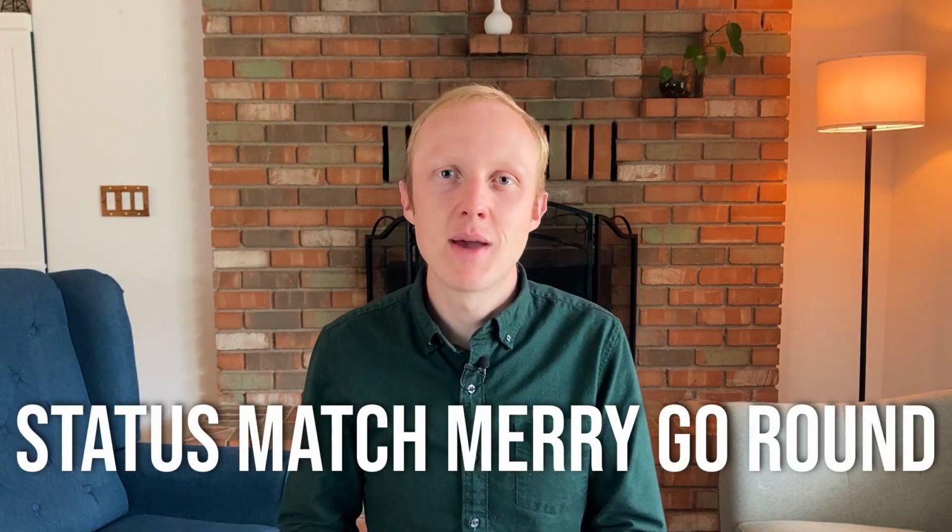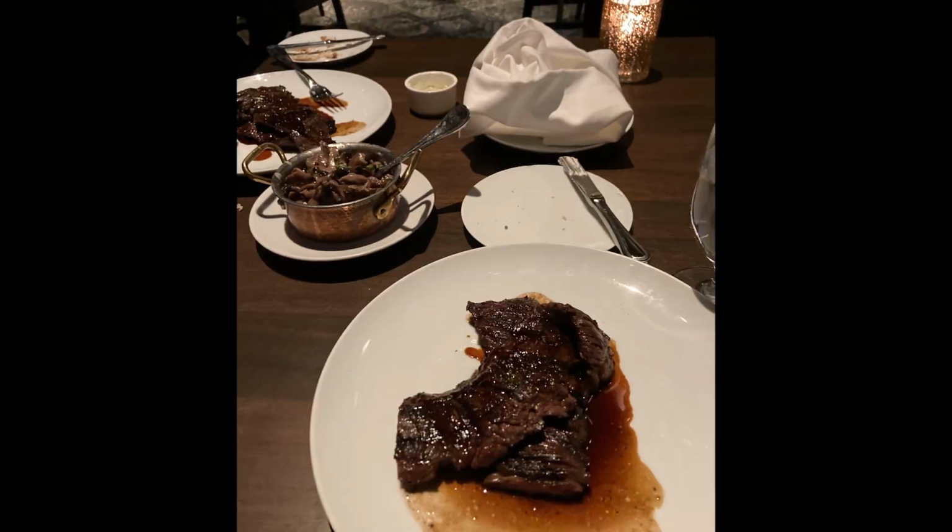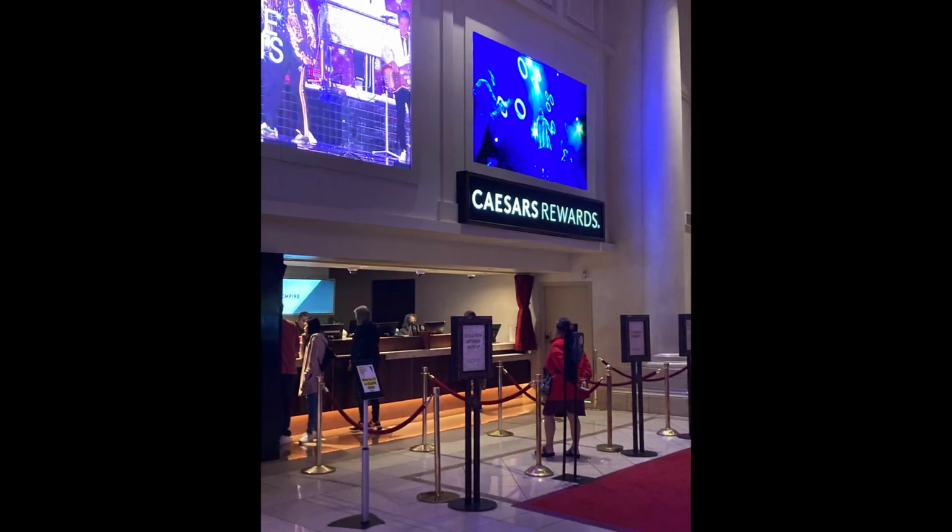While I was in Las Vegas, I was able to do something called the Status Match Merry-Go-Round. This is where you match various statuses between hotel properties, and you get a ton of free perks just by doing this. So it all started with matching my Hyatt Globalist status to MGM Gold. During my stay at the MGM property, I went to the desk and picked up my MGM Gold membership card. I was then able to take this card and go to the Caesars reward desk and match that to Caesars